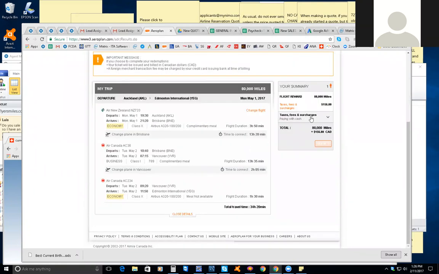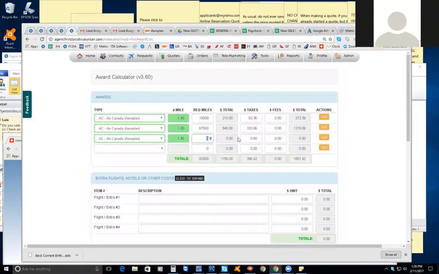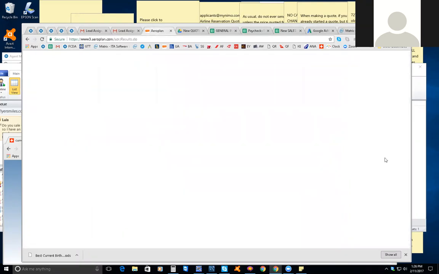Okay, so here's the flights that we want, here's the miles. So I'm gonna go put the miles in the award calculator for this homeward trip. It's on a third separate line. I just hit 80, tab, or click out here in the white area to make it calculate. And then the taxes are